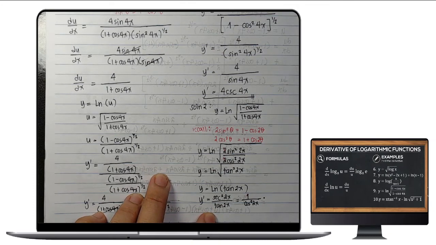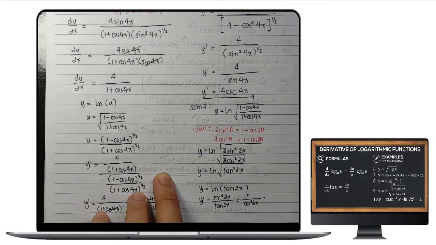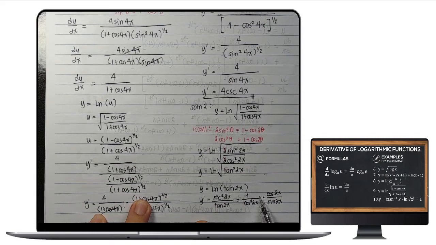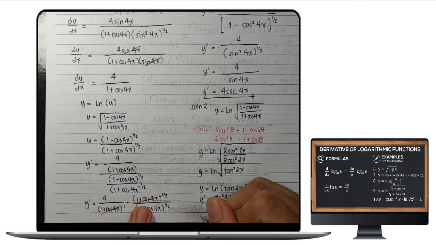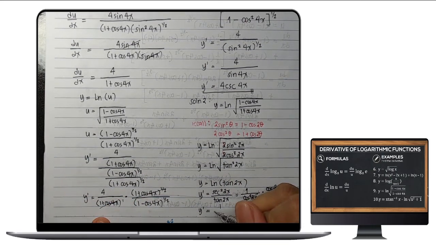So, tangent is sine over cosine. Again, this secant squared 2x is 1 over cosine squared 2x, and 1 over tangent 2x is cotangent 2x, which in sine and cosine function is equal to cosine 2x over sine 2x. Hence, I can cancel out this. So, I have y prime as 1 all over